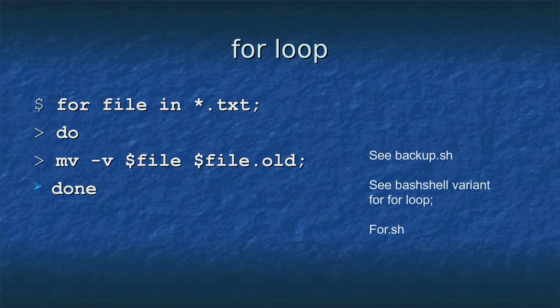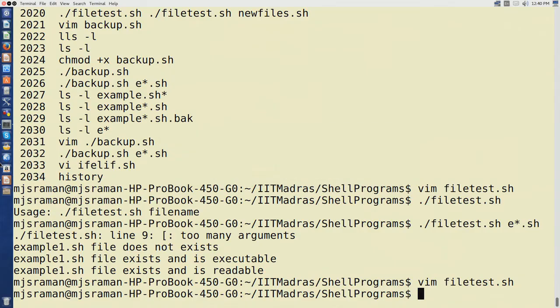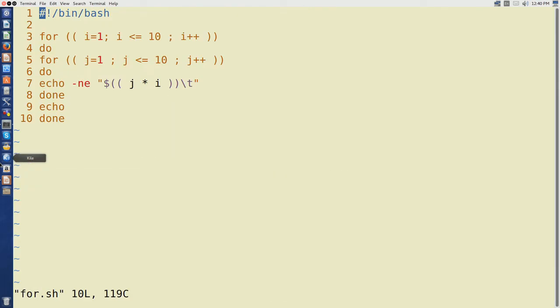Now, we will take a very slight deviation and look at a bash shell variant of a for loop. This is just to satisfy the curiosity of people who already know programming using the C programming language. So, what we will try to do is see one more variant of bash shell,